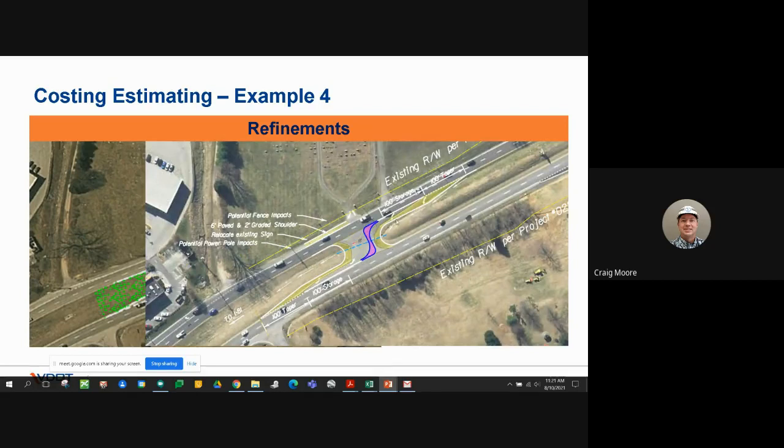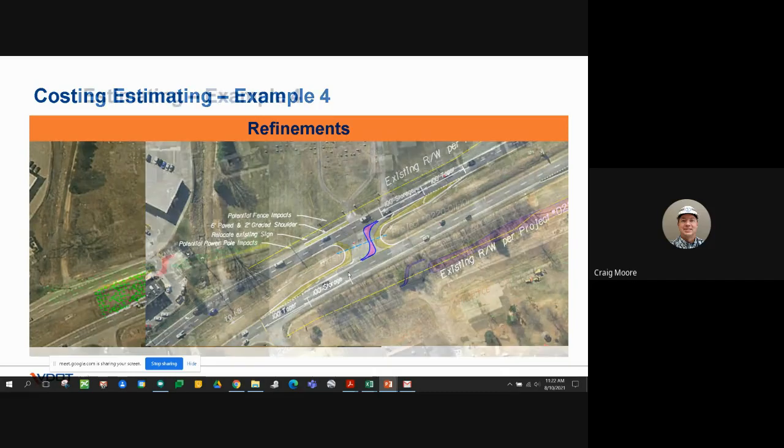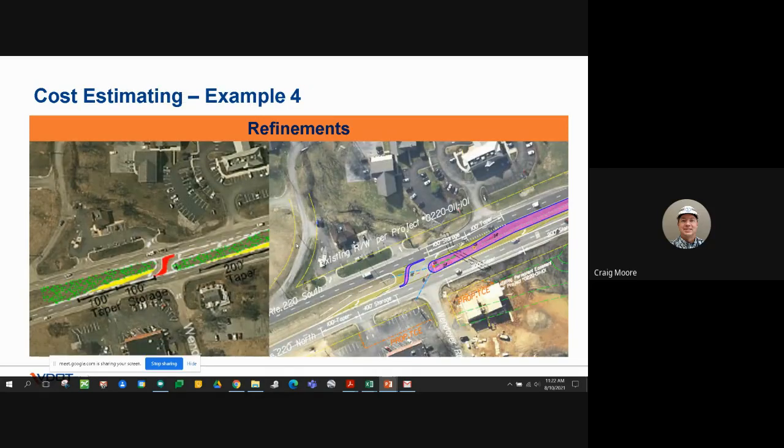Also, when we rework this, going out and doing a visual walkthrough of the site, there is some rock outcropping, so your earthwork, your excavation is potentially going to be higher because of that, even though we don't have any geotechnical investigation out there. Also, along the top of my screen, coming through that median crossover, you can see a little bit of a plan for pavement improvement on the shoulder, again, knowing that tractor trailers are going to use this crossover. As we continue on along working through this,